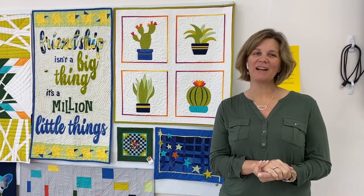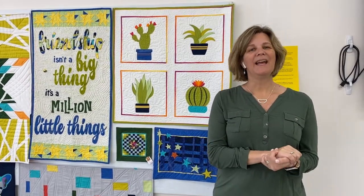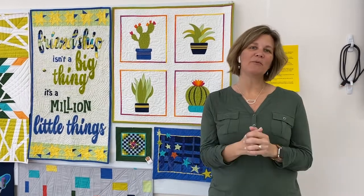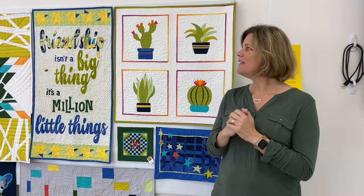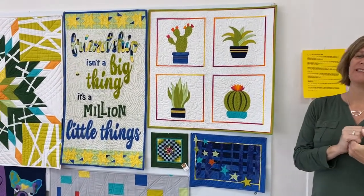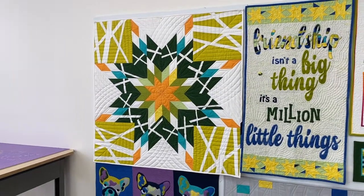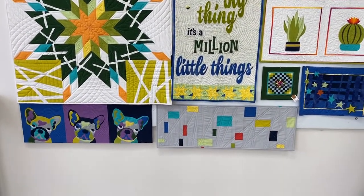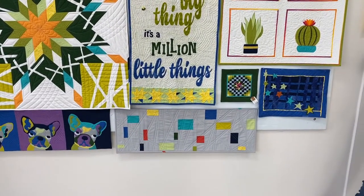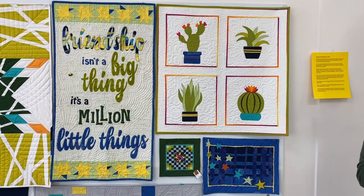So after we all had our fabrics, we were allowed to add 1 or 2 more pieces and make whatever. So there were no rules, no size requirements, no nothing. And this is what my bee came up with. We do have one member who lives in Kentucky, and we don't have her piece represented here, but I will link to a little slideshow that I made that shares all of the information and all of the pictures of